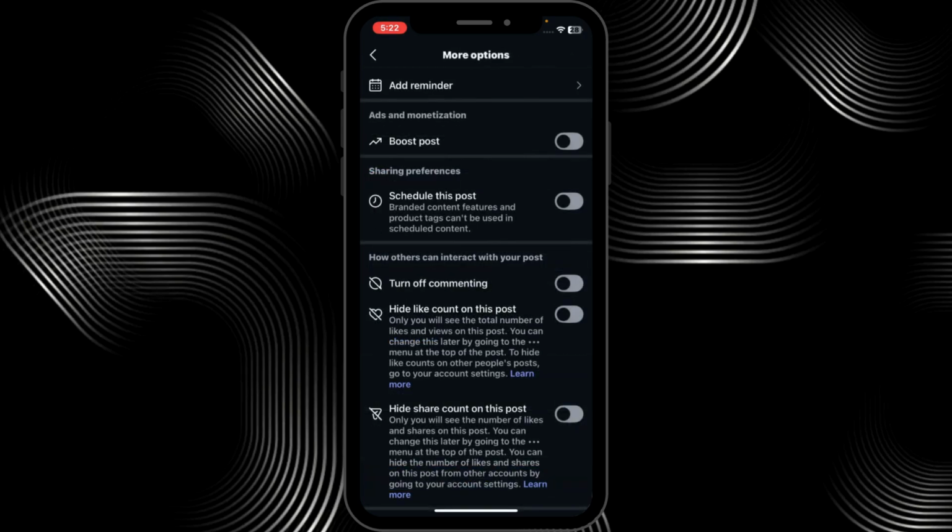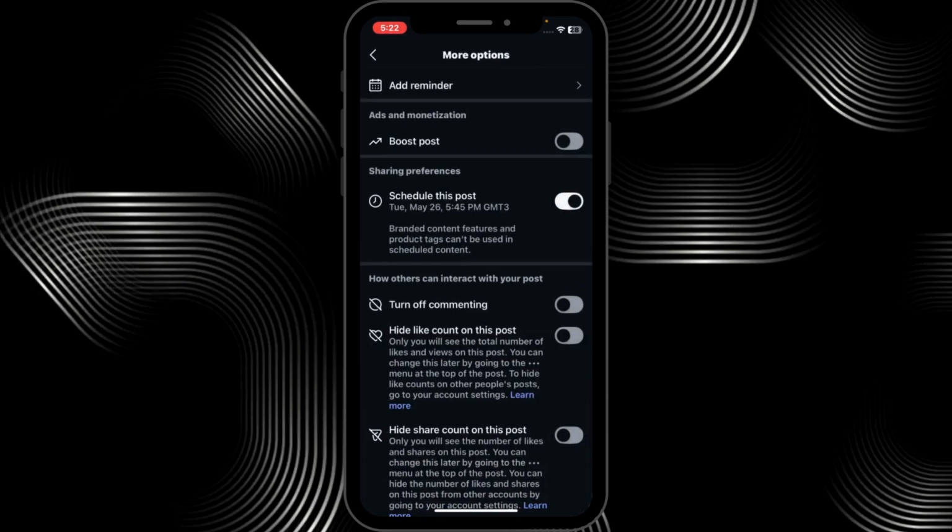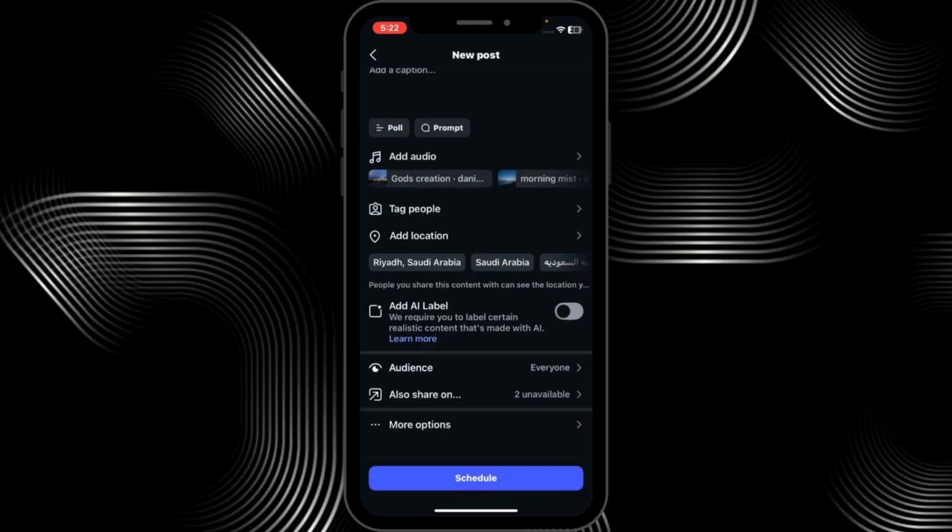Now, moving on, I'm going to press more options and turn on schedule this post. So continue scheduling, select the date and time, right? AM or PM, and hit done. Go back, hit continue scheduling,